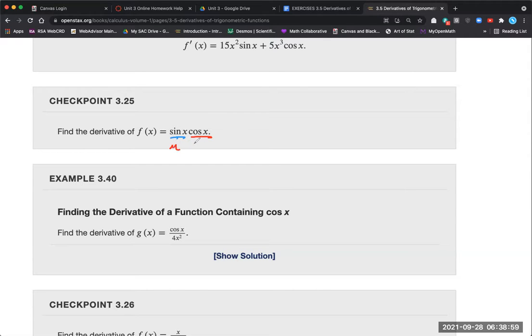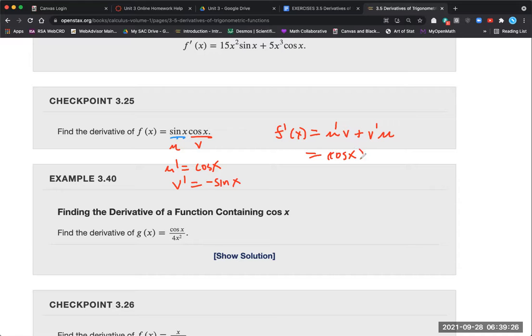Sometimes we call them u and v. And so your f prime of x is going to be u prime v plus v prime u. And then you say, u is sine x, v is cosine x. And so what is u prime? u prime is cosine x, v prime is negative sine x. And then you just substitute in there. So f prime would be